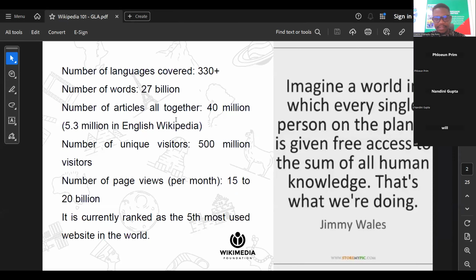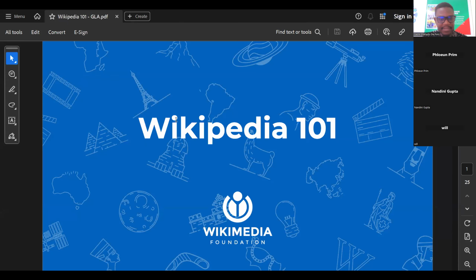Yeah, but so this session would comprise 3 parts, which is Wikipedia, and then a bit of introduction to Wikidata, and then Wikimedia Commons. These are the 3 projects that you will be exploring and experimenting with in Wikilab's Living Heritage. So first of all, most of us already know what Wikipedia is, as we all would agree.